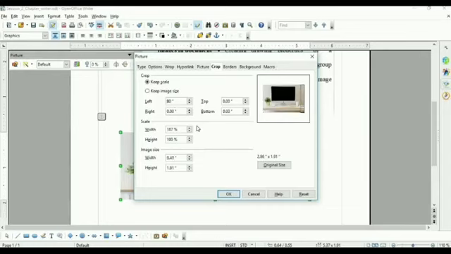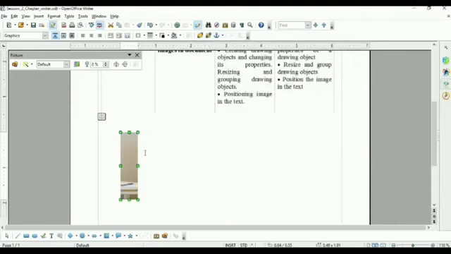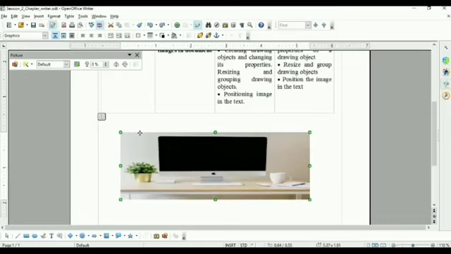Simply write 5 inch from the left side, then click on OK. Once you click on OK button, you will see its size is cut 5 inches from the left side. So it remains only this much. Press Ctrl plus Z together, you will get the same picture again in its original position.